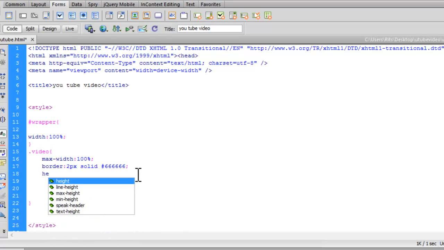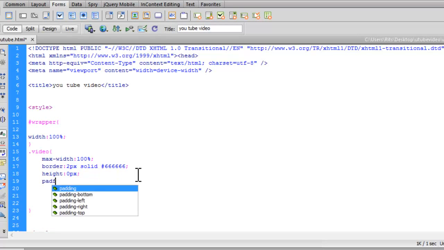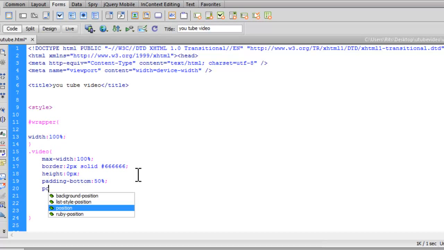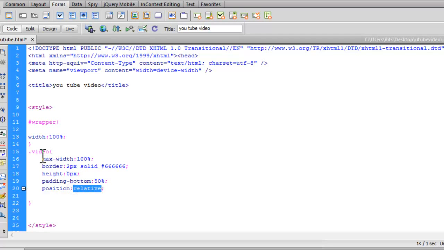Let's have height 0 pixels. That will have no impact, but now let me apply padding bottom, say a big padding, say 50%. Position, let me have relative, as I am going to make another rule which will be absolutely positioned in relation to this class video.